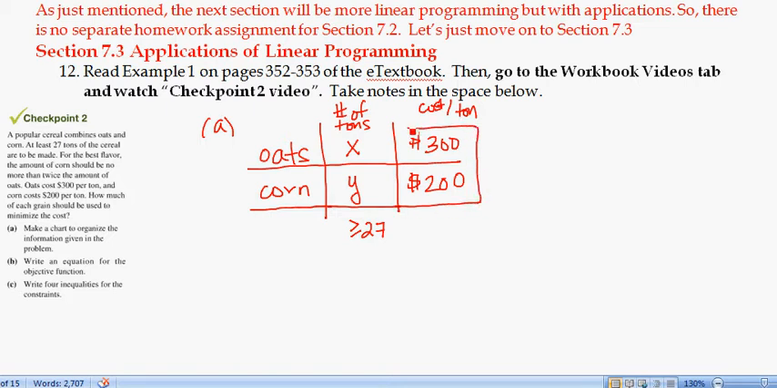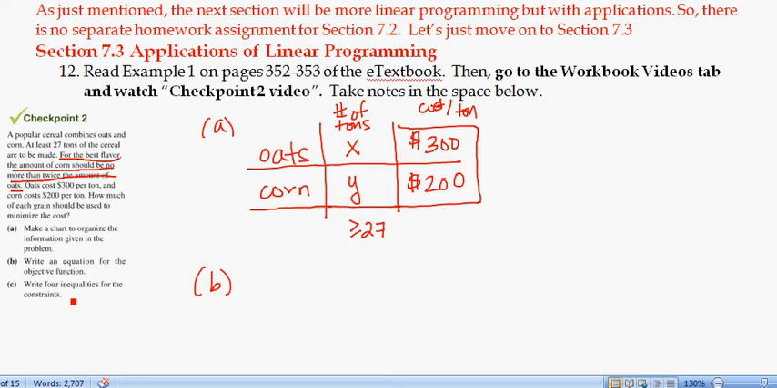So there's our information in a chart, but the one thing I'm noticing we're not really able to put in the chart is the second constraint. I can talk about the sum of X and Y having to be greater than or equal to 27, but for the flavor thing, the amount of corn should be no more than twice the amount of oats, that's a constraint I really can't put in my chart. So luckily, honestly, we don't even really need the chart. We could really just go right to